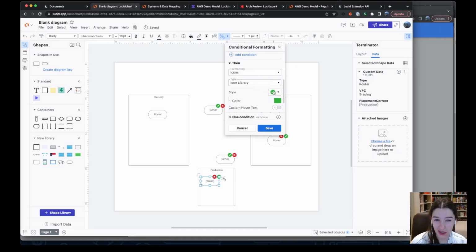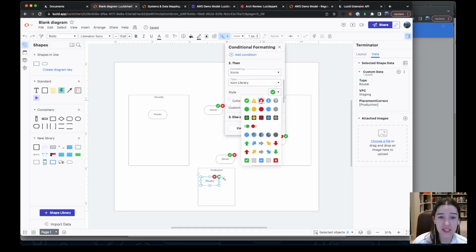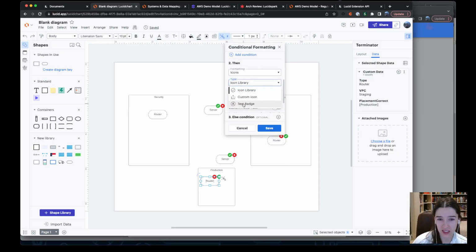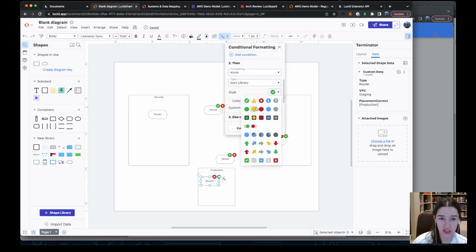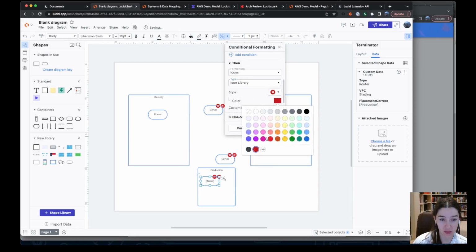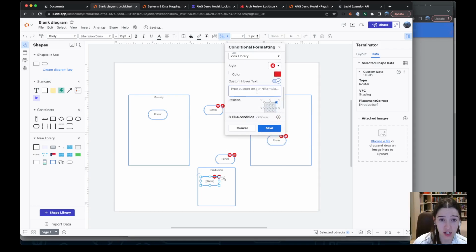I'm going to change my icon. And I'm going to switch it to any icon I want. I could also do something like a text badge, but I'm just going to choose a little X here. I'm going to update the color to be something I actually want. I can even add a little custom message that says something like placement incorrect,